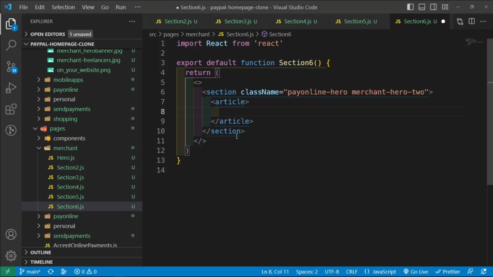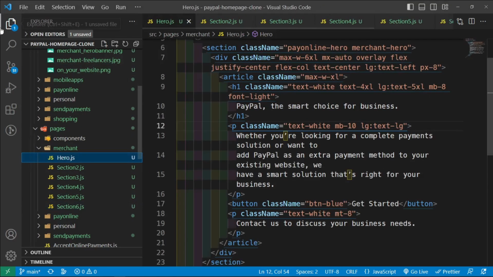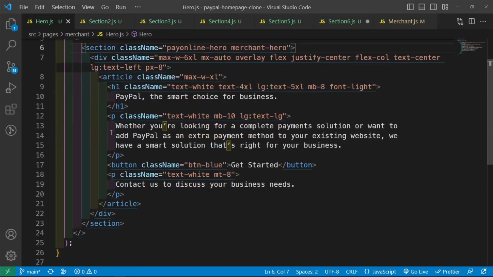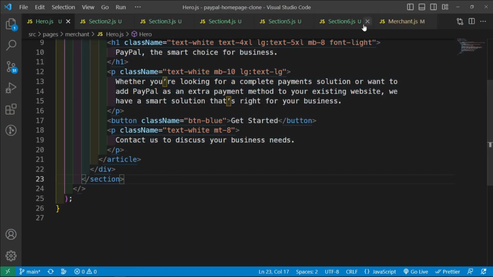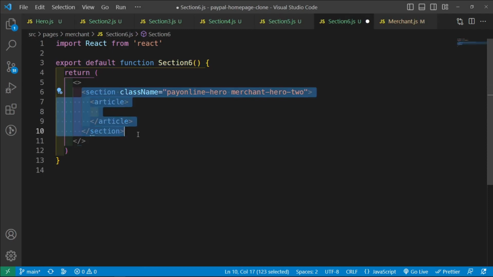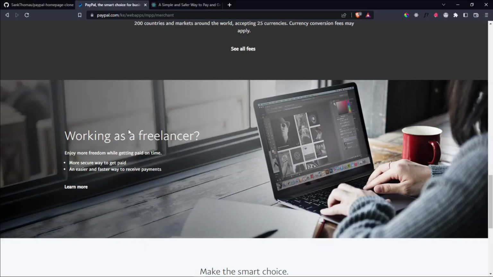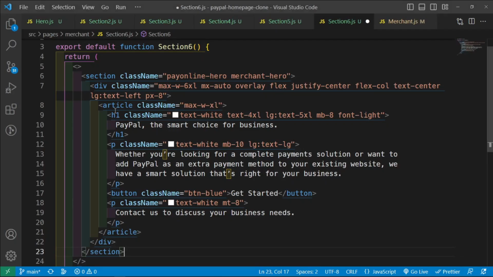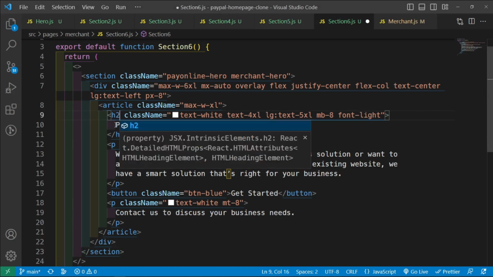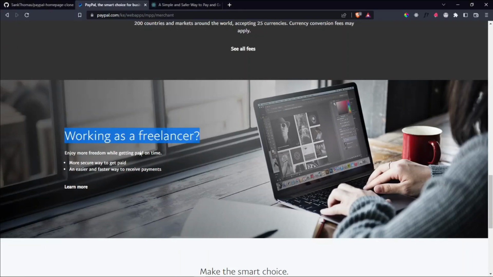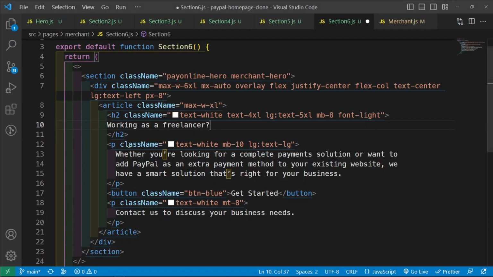Okay, let me just do some copying and pasting because it's the same style actually. So let's grab this entire section and paste it here, and then we're going to grab this one, copy. Now this is no longer an h1, this should be an h2 because you can only have one h1 per page. And then copy this, paste it here,